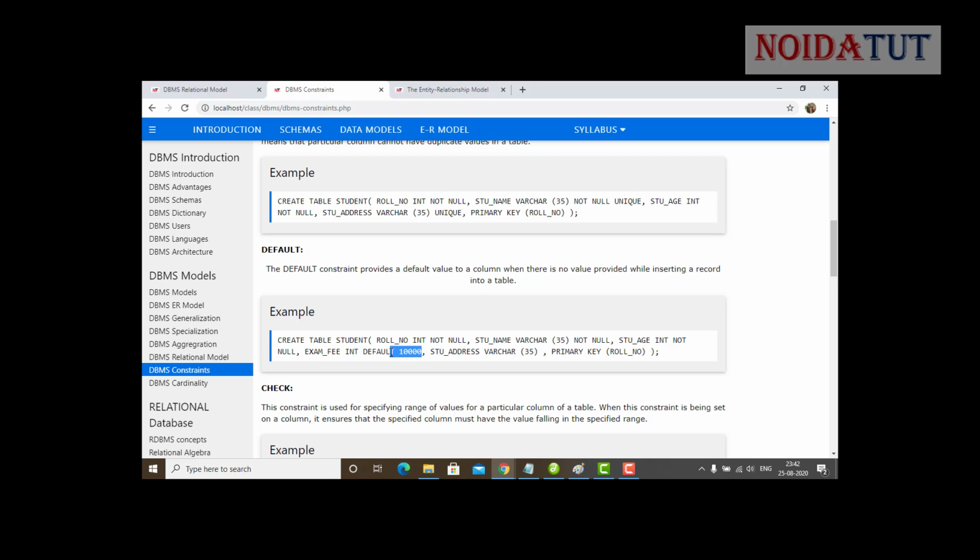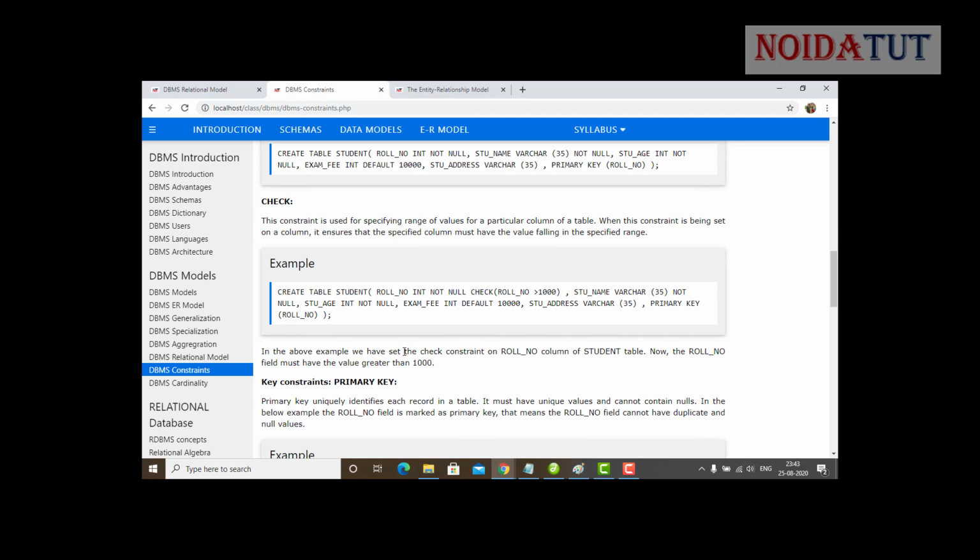If the data is not inserted, 10,000 will be inserted. Student address can remain empty. If the examination fee is empty, it will take the value of 10,000.